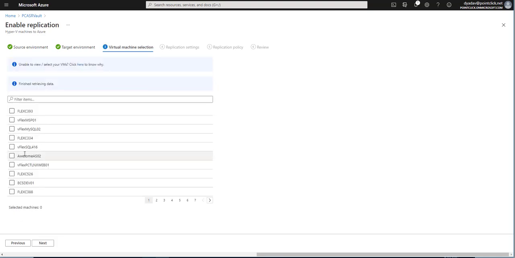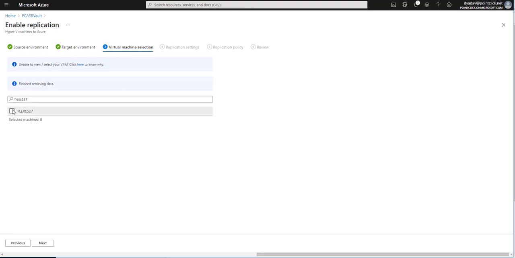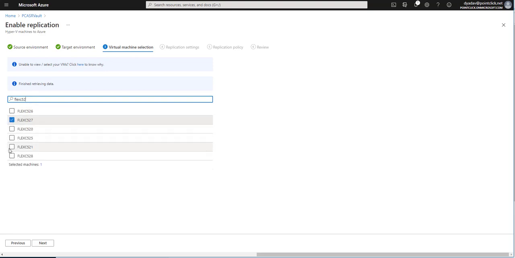And moving on now, it is going to show you all the VMs that are running in your Hyper-V environment. Now you can select the VMs here. Because I have a lot of VMs running here, I can search as well. I need to enable replication for two of the VMs. One is this, and the second one is this one. So I selected these two VMs. Now I'm going to click on next,